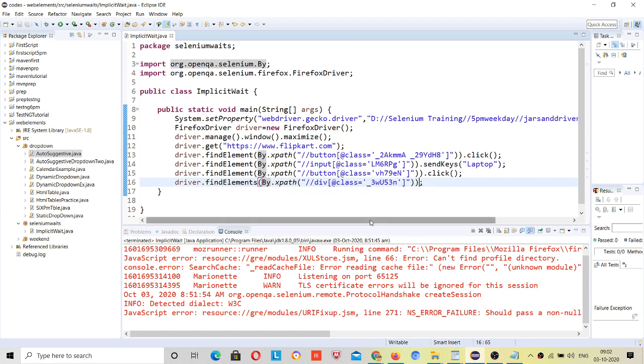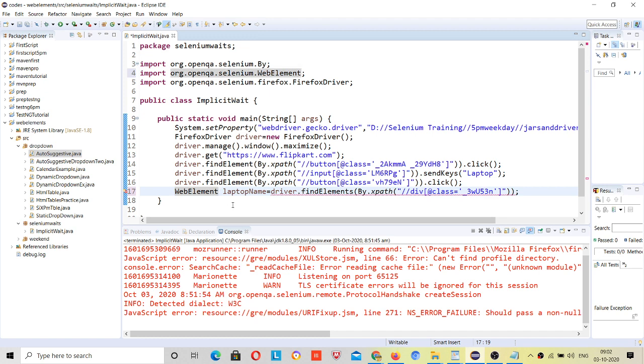Because if I was getting a single web element, then I could make a class WebElement, laptop name, right? But if I press enter, then see what error is coming.